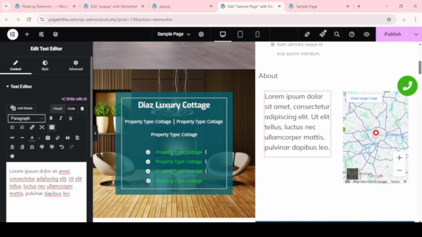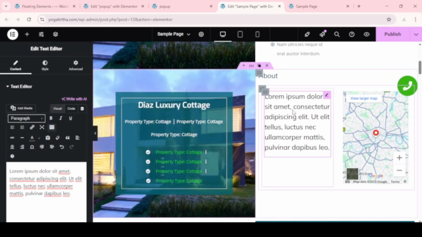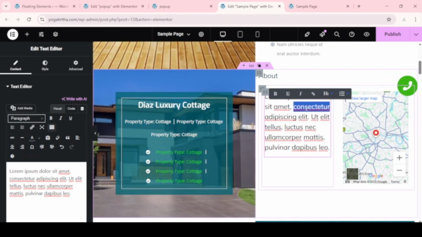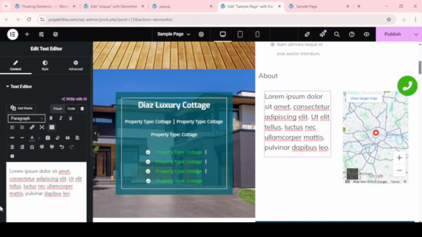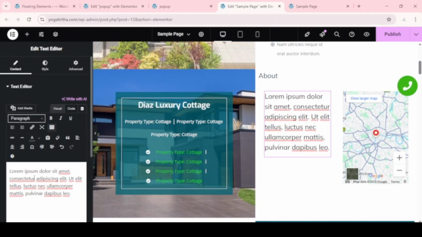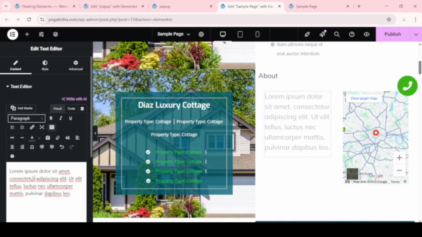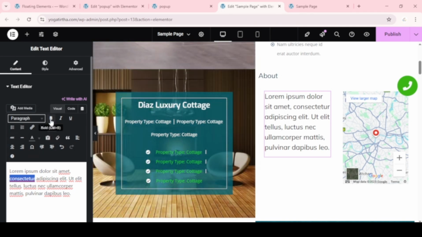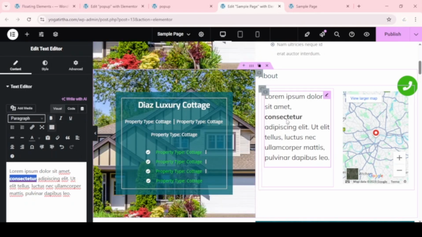Okay, and if I want this part bold, only this part, so what will I do? I click here and select this, and you can see the option bold. I click here. It is bold,